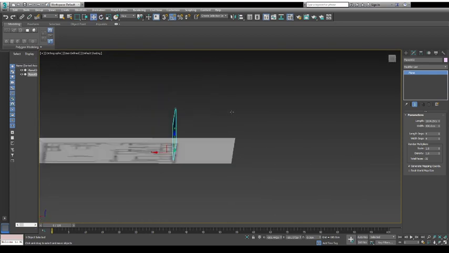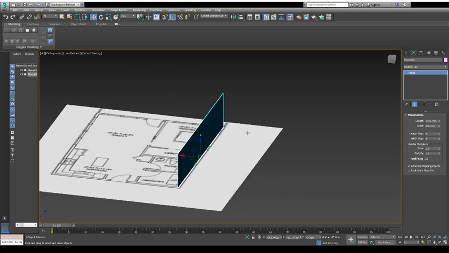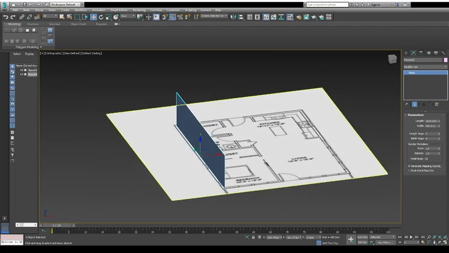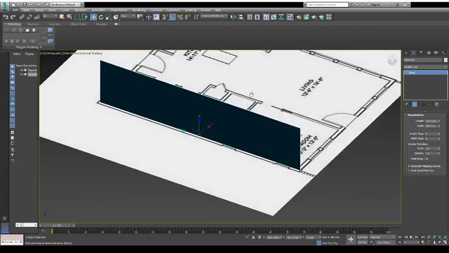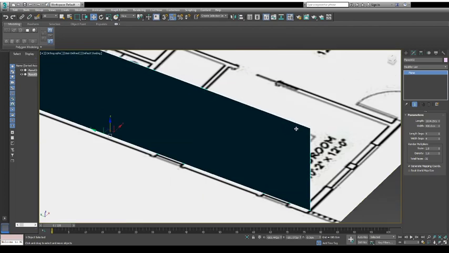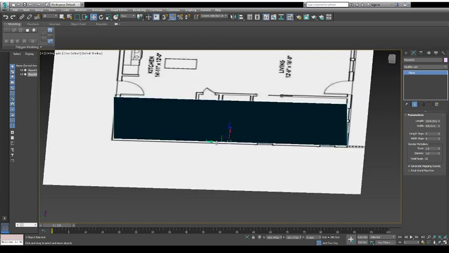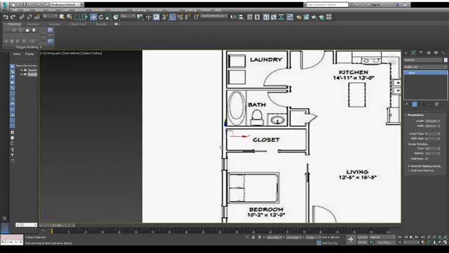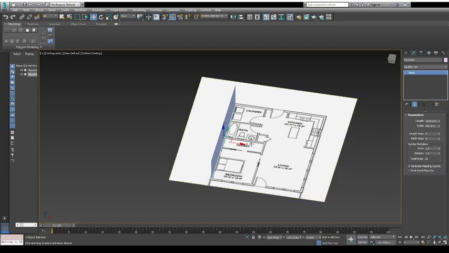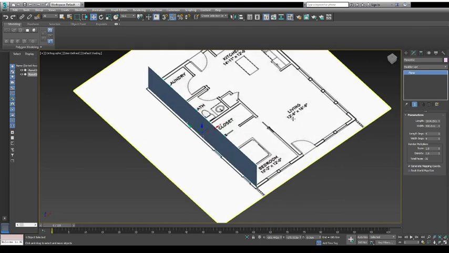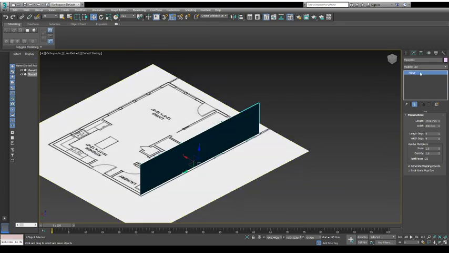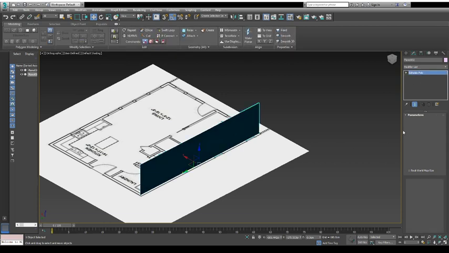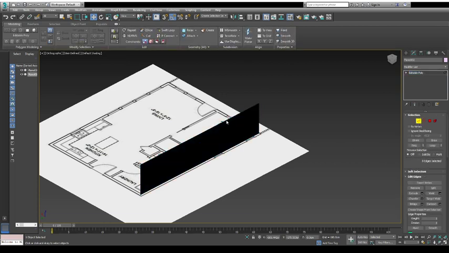So now we can see that we have a straight wall without a thickness. But why am I doing this wall like that? Because we need to create, for example, doors or windows in the future. For example, if we have only a plane, it's much easier to make holes here. If I want to create